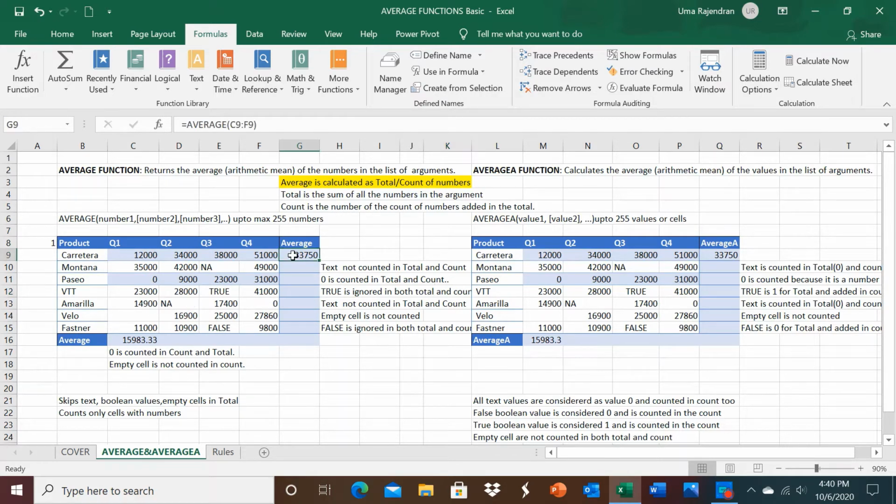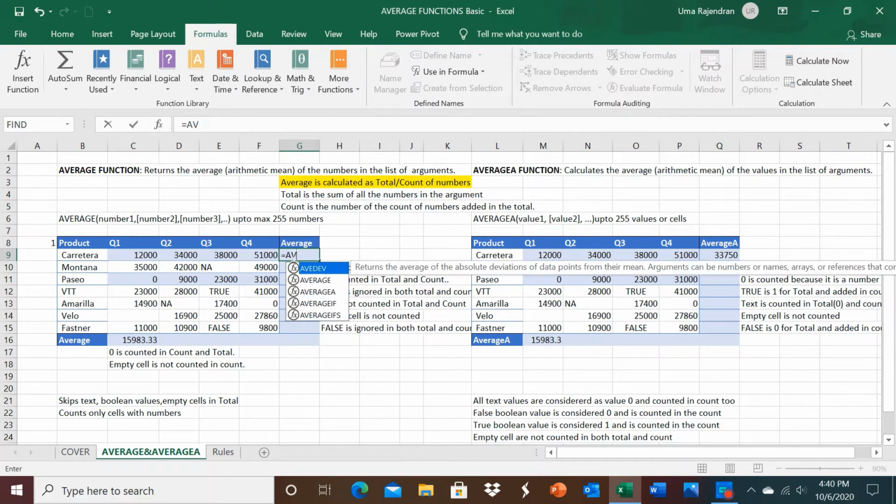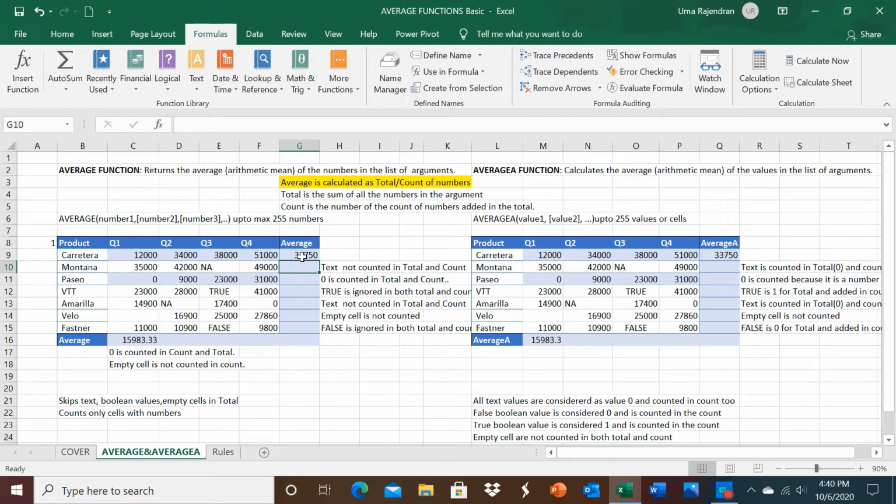In the first example, equals AVERAGE, quarter 1 all the way to quarter 4, enter, and we will see that this is 33,750. It added all the quarterly sales values and divided by 4 because they are all numbers and they are all counted in both the total and the count.